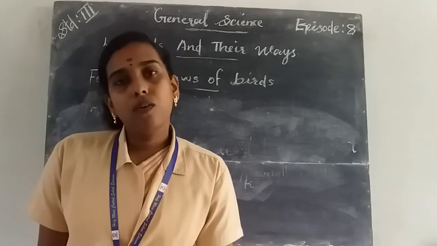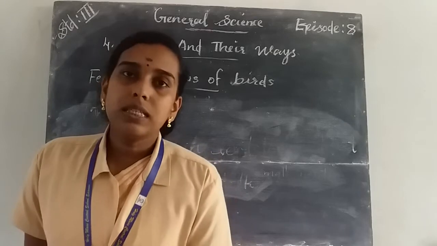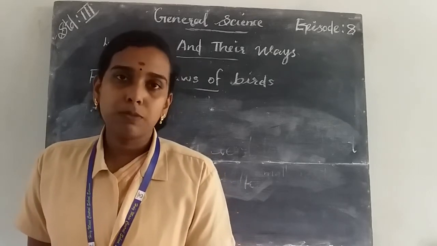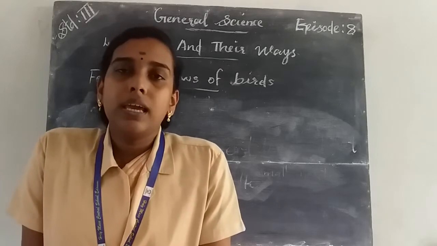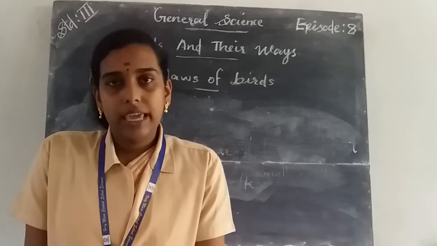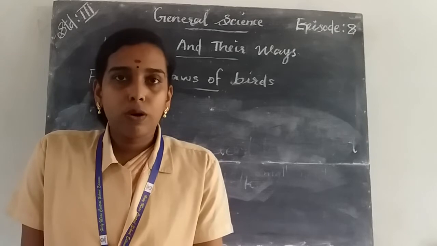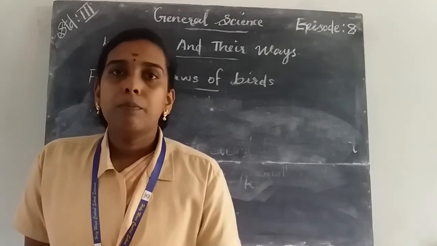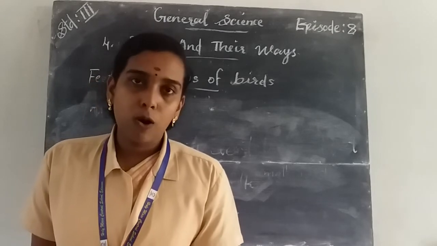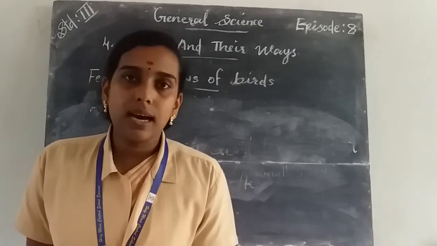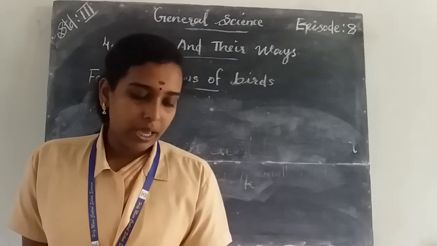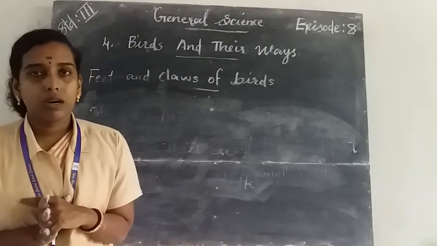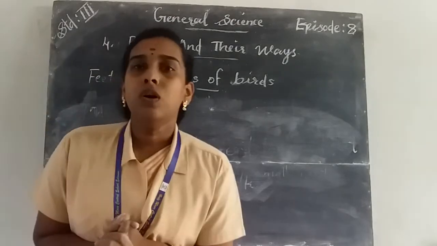First one is how do birds fly. Birds fly with the help of their wings. Also they have a light body, and the light body helps them to fly in the air. The body of the birds is made up of a skeletal framework of hollow bones, and the hollow bones maintain the light weight of the bird's body, and also the shape of the body of a bird helps them to fly.